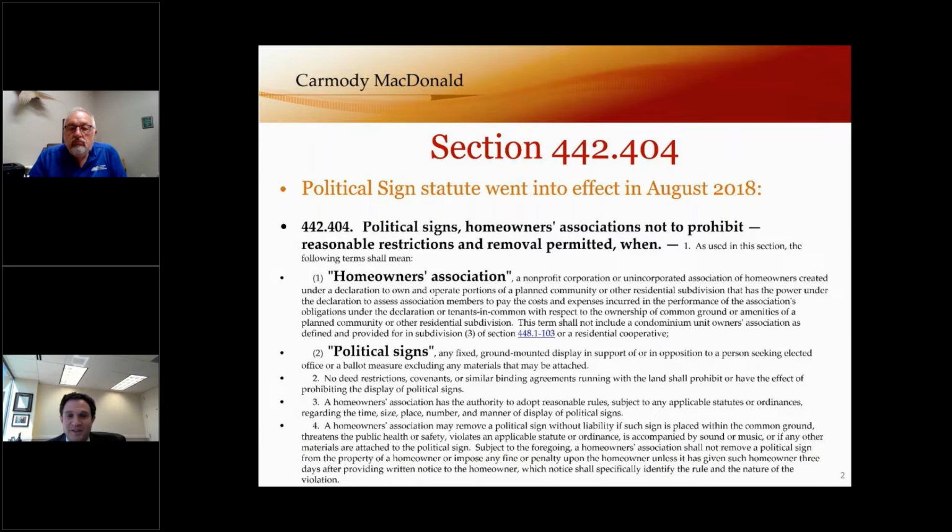I'd usually pause for a discussion on political signs and all the various issues that I know you have questions on, but let's move on to the new statute that's effective January 1st of 2023. And actually, before we do that, I do want to emphasize, again, like the advice at the beginning, let's go ahead and put those rules in place now. I know we're getting very close and we don't have a lot of time before an upcoming election, but it's very helpful from a notice point of view and an enforcement point of view that owners know what the rules of the road are for your subdivision as far as displaying their support or opposition to a candidate or a ballot measure.